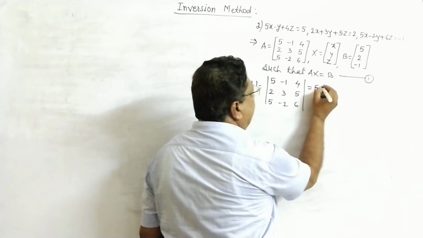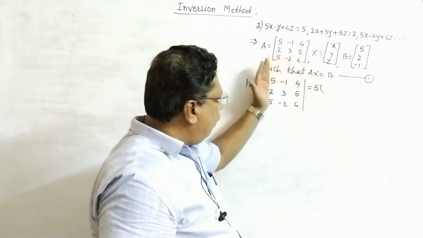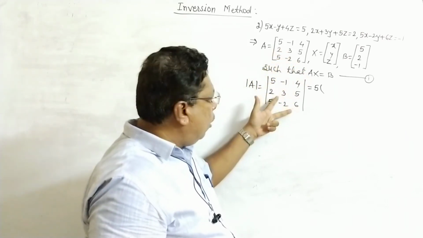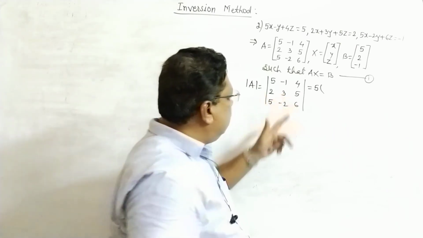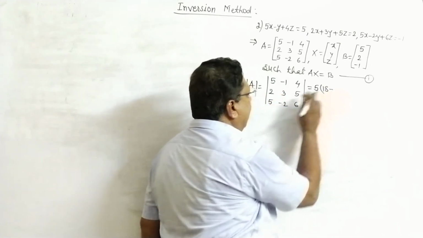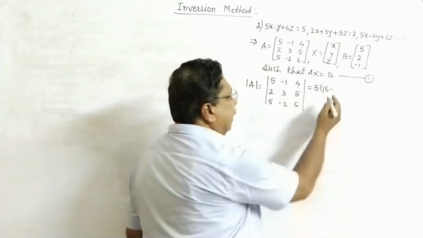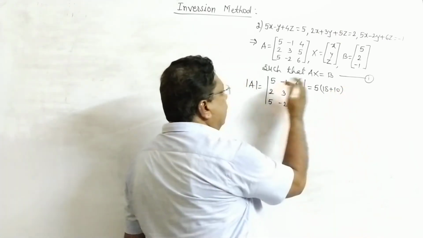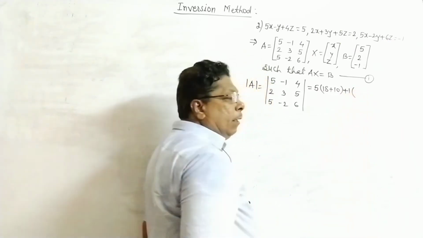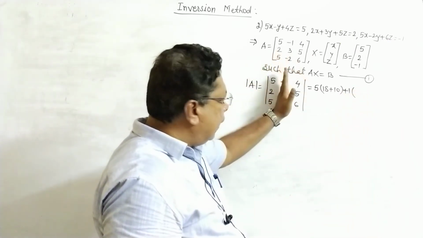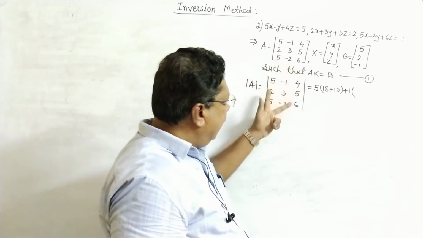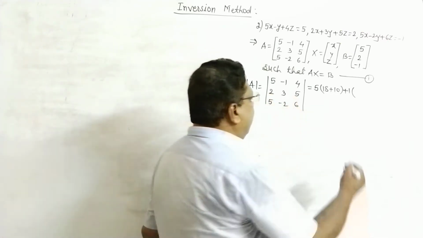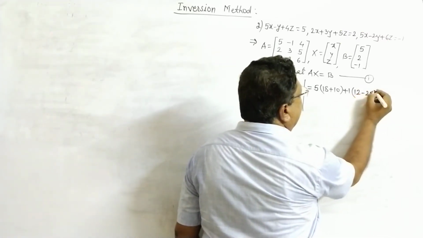Okay, first element 5. 5 is present in first row, first column. First row छोड़ दीजिए, first column छोड़ दीजिए. Remaining 4 elements का आपको क्रॉस मल्टीप्लिकेशन करना है. First step this way, 3 6 are 18, middle sign minus, minus 2 into 5 minus 10, here is always minus, minus into minus plus, so 18 plus 10, next element is minus 1, change its sign, plus 1, now minus 1 is present in first row, second column, so first row, second column छोड़िए, remaining elements का cross multiplication, 2 6 are 12, minus 5 5 are 25, 12 minus 25.